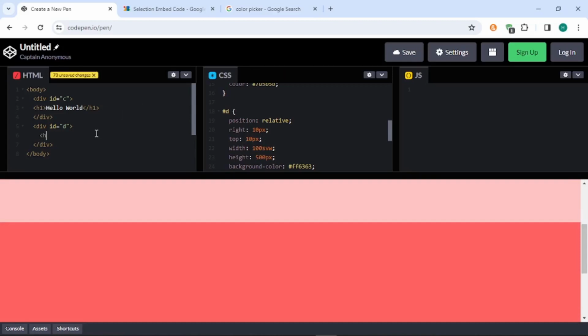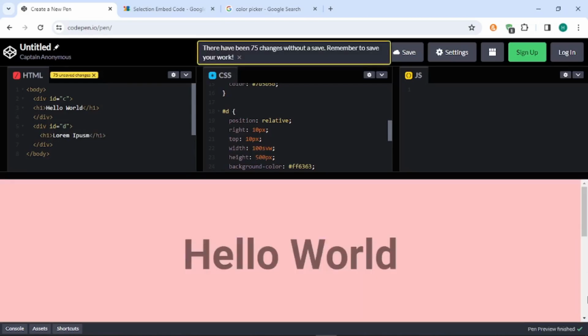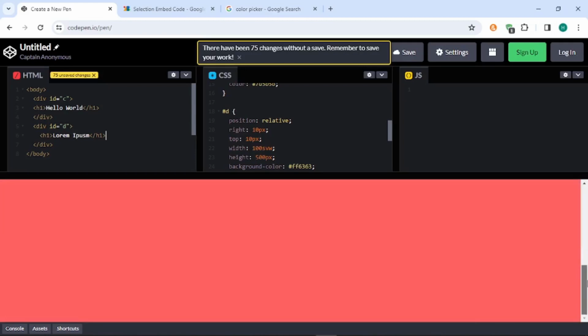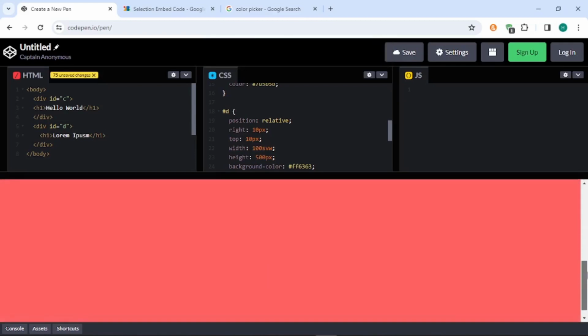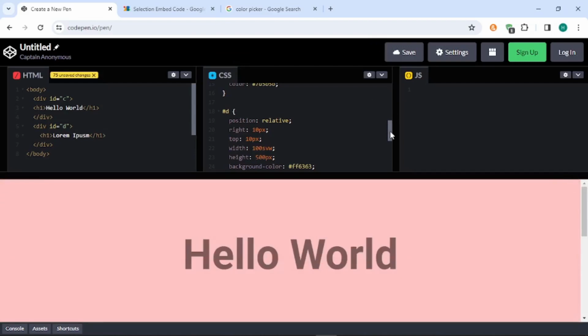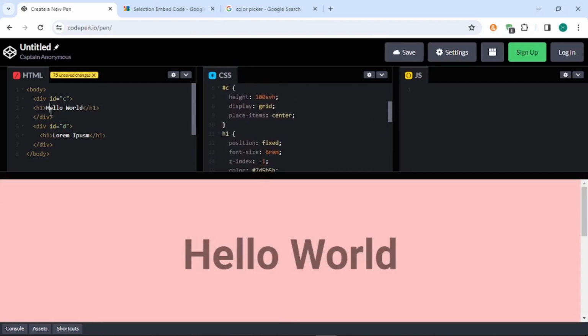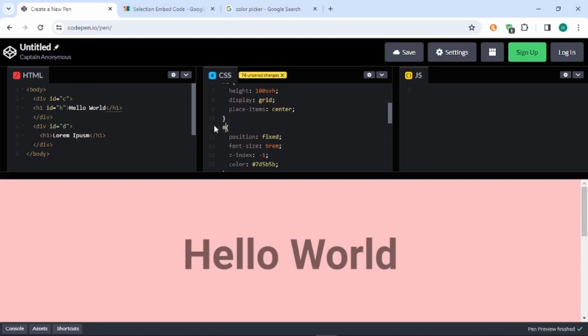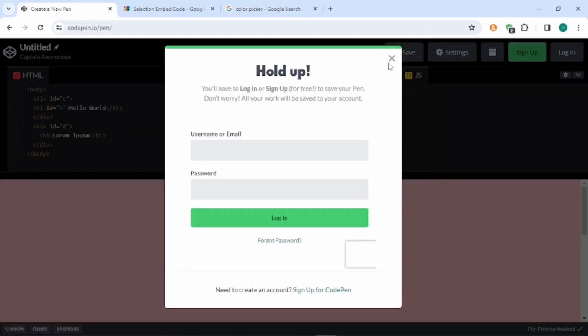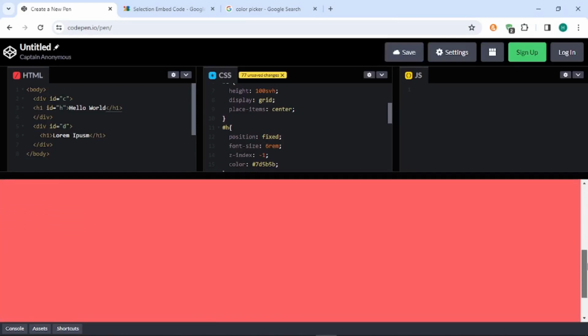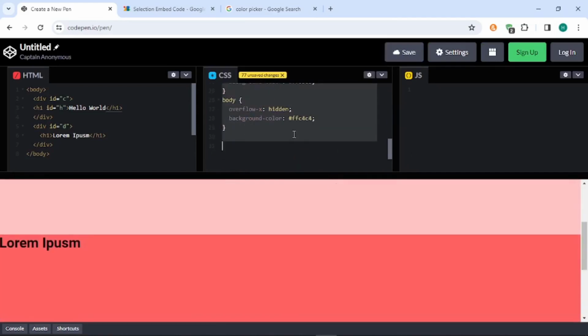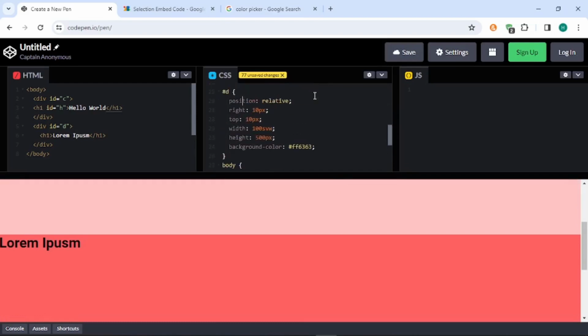Now I'm going to put some text in here. Ipsum. Oh, I'm going to give this H1 an ID of H. So write hashtag H. No, I don't want to do this. There we go. And now for the hashtag D,